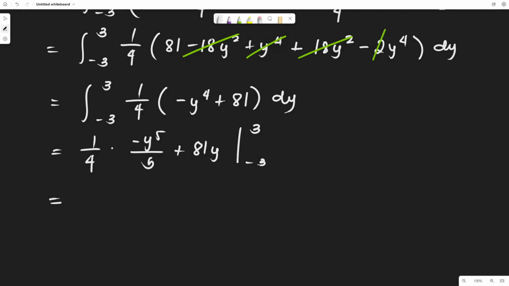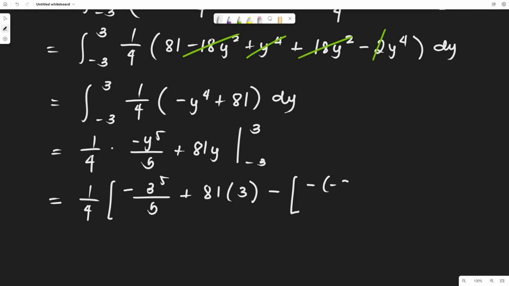So, we have 1/4 times negative 3 to the fifth over 5 plus 81 times 3, minus, that is negative of negative 3 to the fifth over 5 plus 81 times negative 3. So therefore, our answer is equal to,